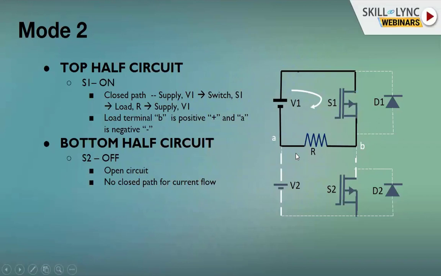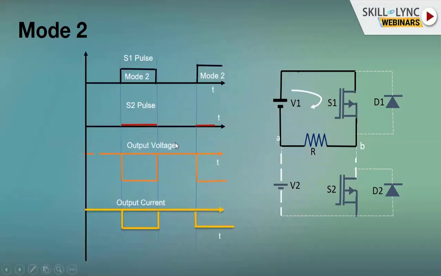So alternating waveform, when do I call that a waveform is alternating? We should be having equal positive and negative waveform. So that is alternating. So in mode 1, we have got positive voltage, and in mode 2, we have got negative voltage. So let's see the waveform, how it's exactly going to be. We have drawn only the mode 2 operation. In mode 2 operation, switch S1 is given the pulse. So this is the gating pulse which S1 is being given. But during the same period of operation, S2 is off. So there is no pulse given to S2. But if you could see, the voltage seen at the load is negative now, because B is connected to the positive terminal.